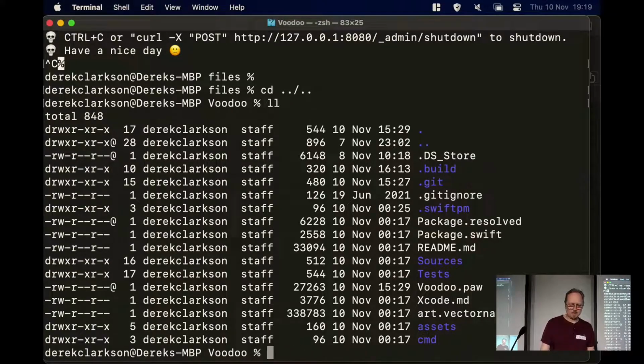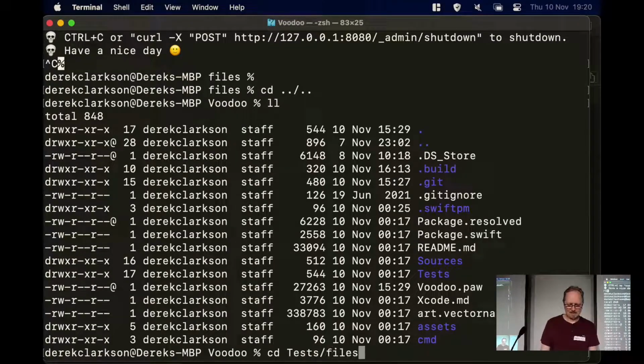But that builds, and that creates a command line program called Magic. It was actually going to be called Voodoo first, but I found a quirk in Xcode that wouldn't let me build a command line program called Voodoo and a library called Voodoo. I might have to report that, we'll see what happens. But for the moment, the command line program is called Magic because, well, why not? So, get back up into